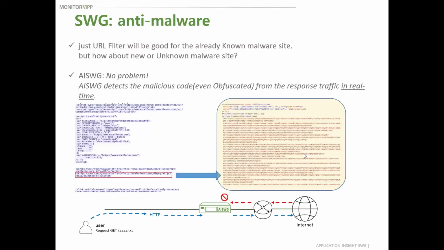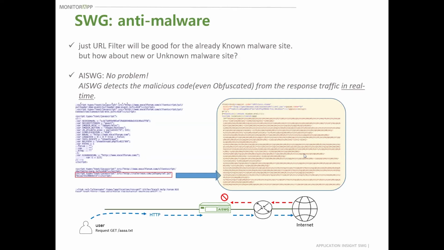So, an interesting feature is the anti-malware function. This is similar to antivirus, but SWG works at the network-based proxy level. First, already known malware sites, including phishing and spam sites, will be blocked through the URL filter